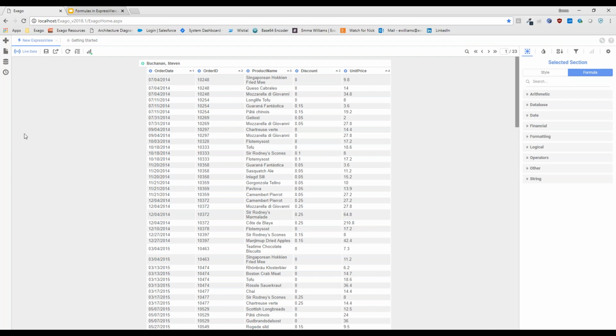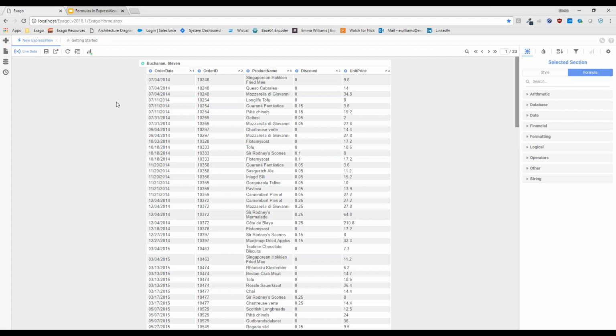Maybe what I'm looking for is to understand how Stephen Buchanan did in terms of sales for Q3 of 2014. Now, I certainly know that July 4th, 2014 was in Q3 of 2014, but I'd have to really go through and count up the rows of data that meet that condition.